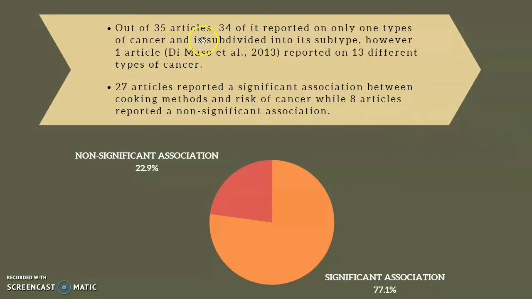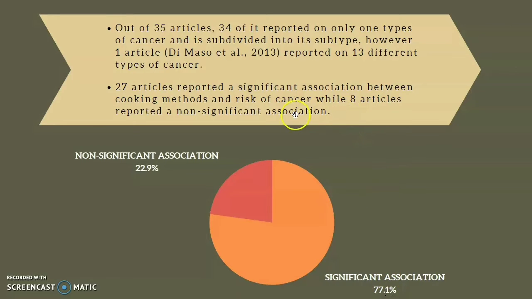Out of 35 articles, 34 of it reported on only one type of cancer and is subdivided into its subtype. However, one article, which is by Dimaso, reported on 13 different types of cancer. So, out of 35 cancer, 27 articles reported a significant association between cooking methods and risk of cancer that account for